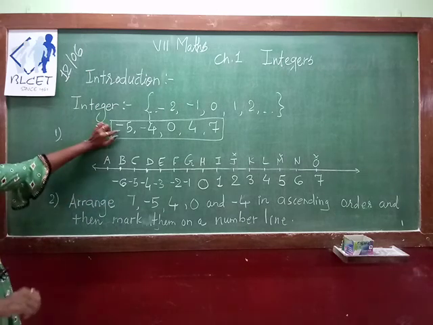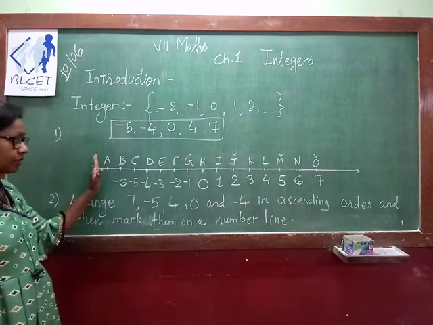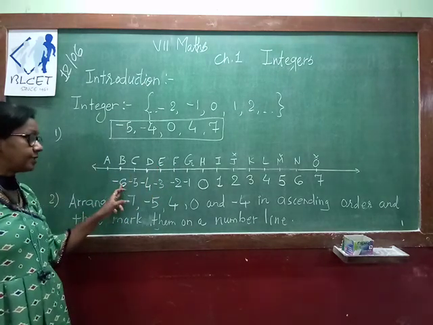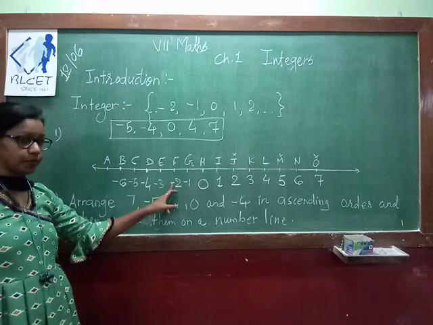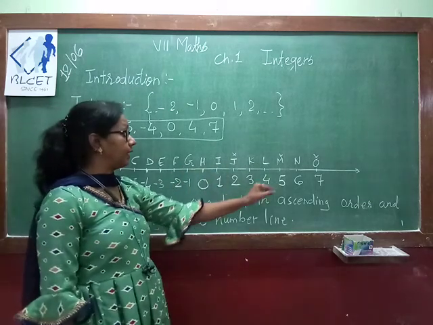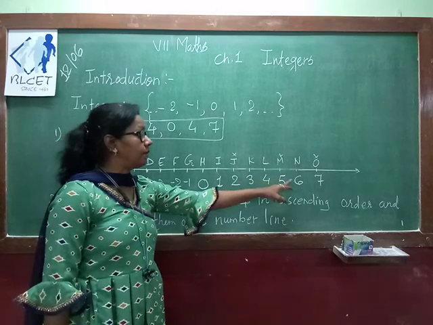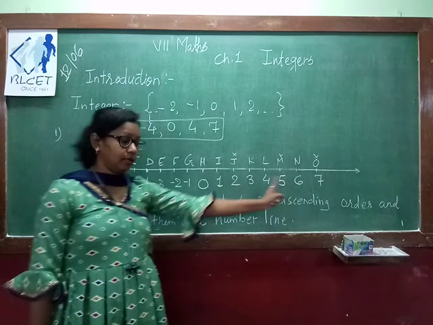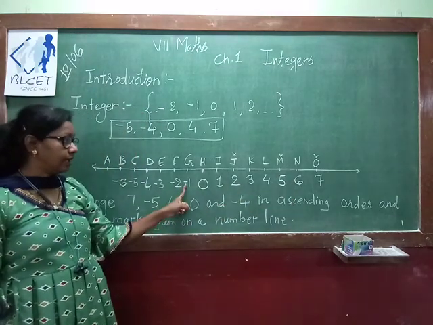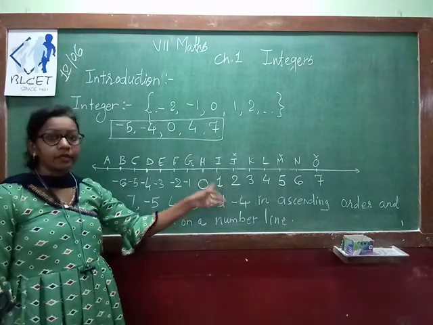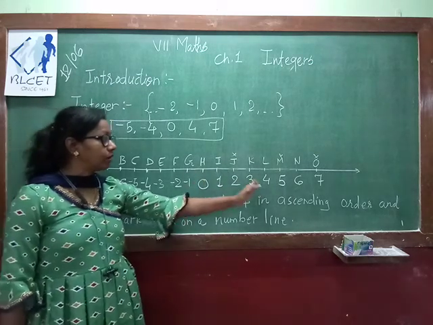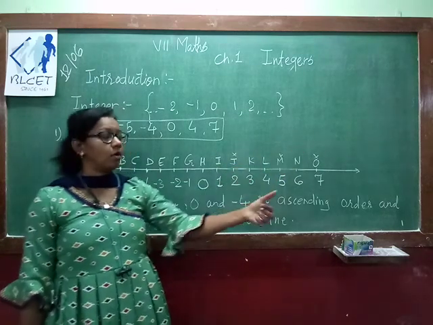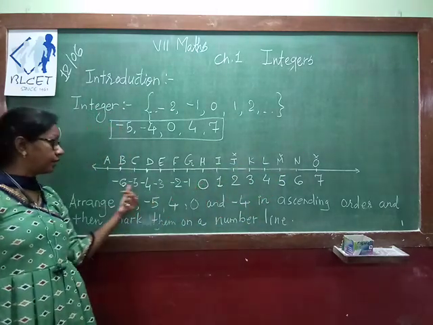Now see, when you move in this direction, all the numbers are gradually decreasing. Means minus 6 is the smallest number compared to minus 2. When you move to this side, then 2 is smaller compared to 6. Here 6 is smaller, here 6 is bigger. Here minus 1 is bigger, here 1 is smaller. Remember the difference. If you keep on moving in the right direction, all the numbers will be in increasing order. And here from 0 it will be in decreasing order.